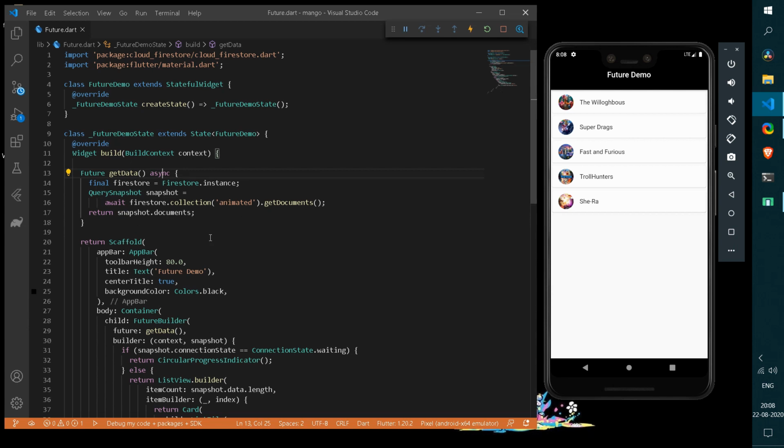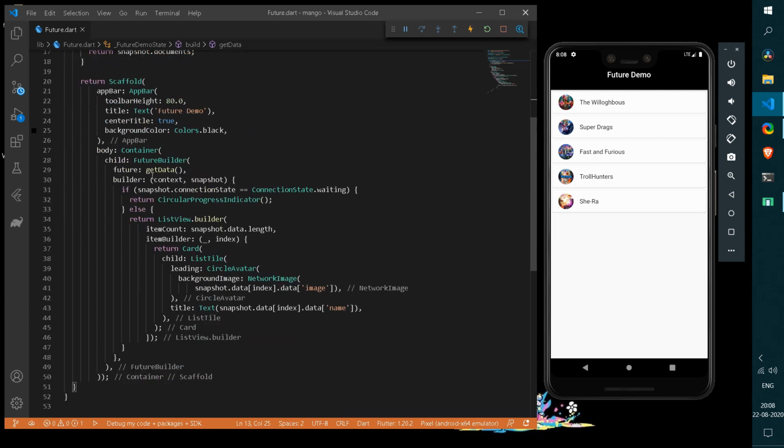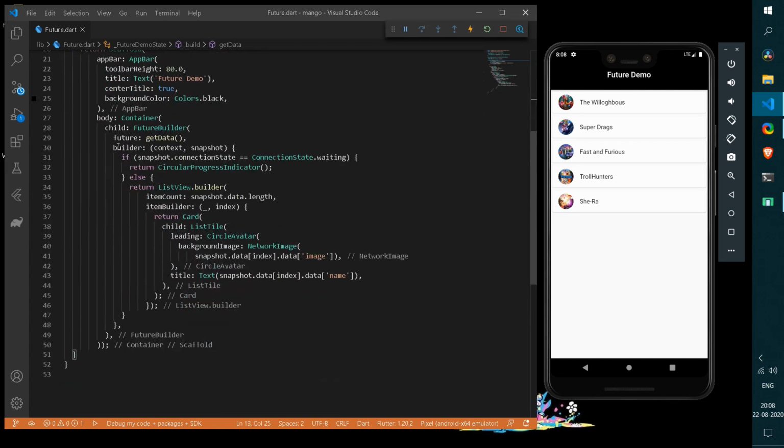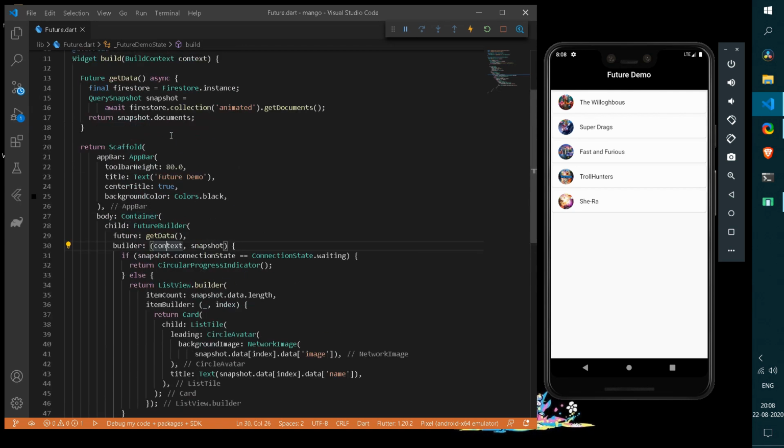Now Futures are mostly used while handling Firebase things, that is initializing all the database things or storage as well as notifications, because all of them are going to be asynchronous, and to handle all your asynchronous events you can use Future. And after initializing your Future, you can simply give your future to be the name of the method, that is getData for this example, and you can provide a builder to it.